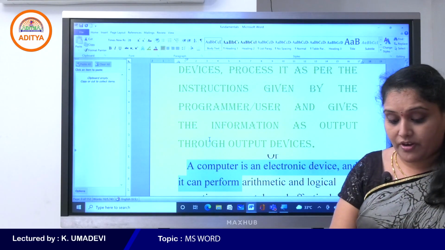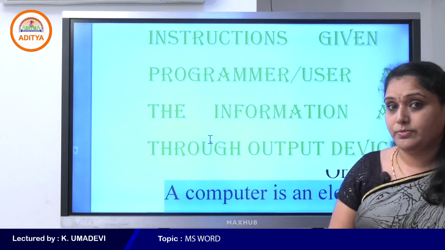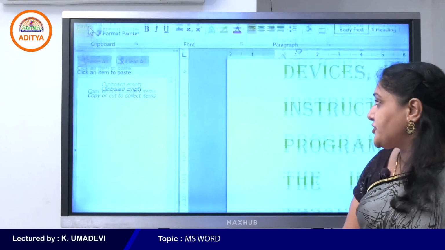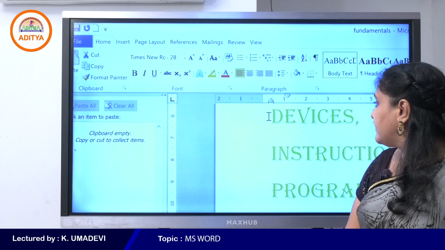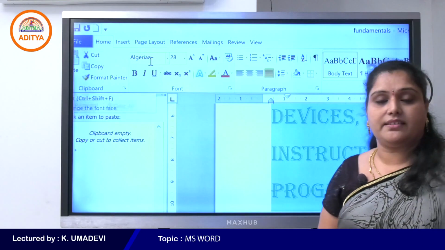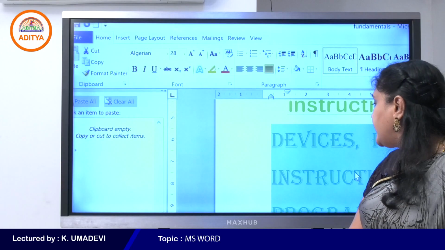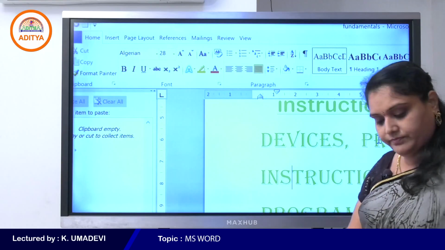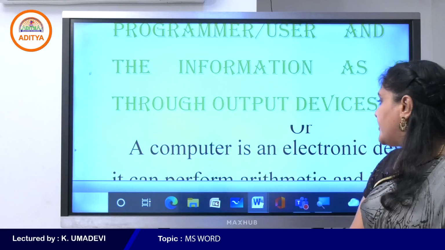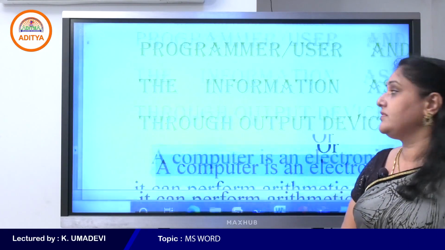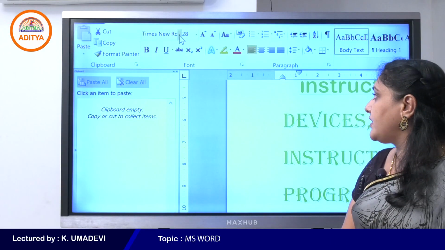So observe the font, students. I'll zoom the screen. So the first paragraph font is Algerian. Okay. The second paragraph font is, so this is the second paragraph. So what is the second paragraph font?